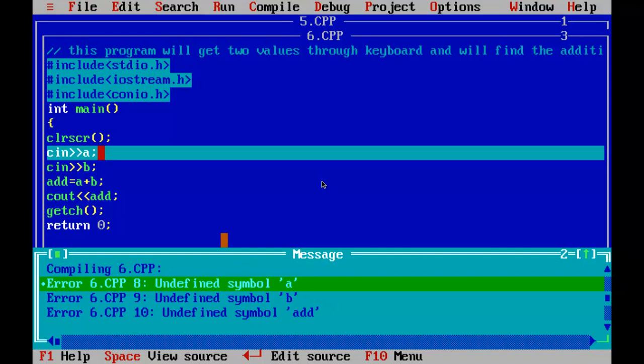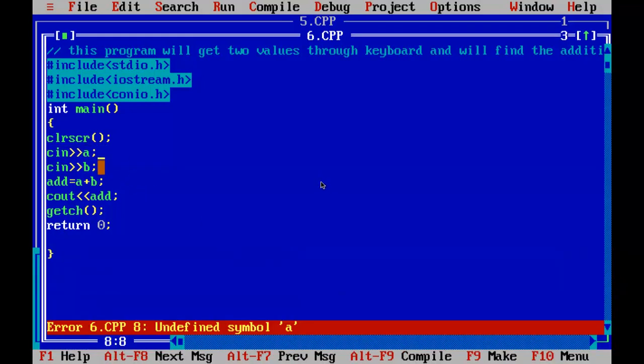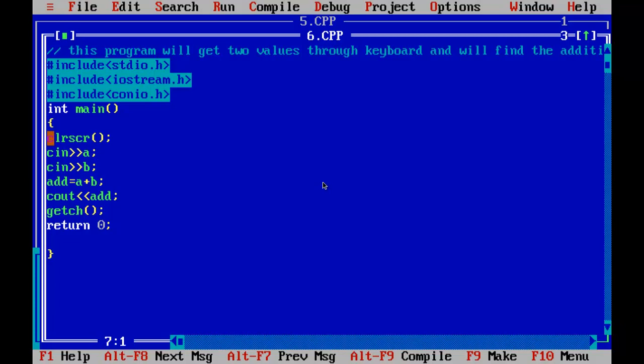You know, when we are using a variable, we have to declare it. It's better to declare after the brackets here. After the bracket, the declaration must be here. Int A, comma B, comma add.